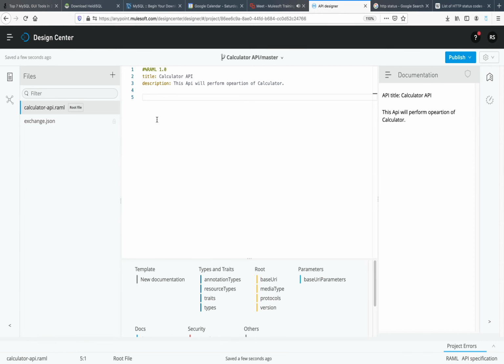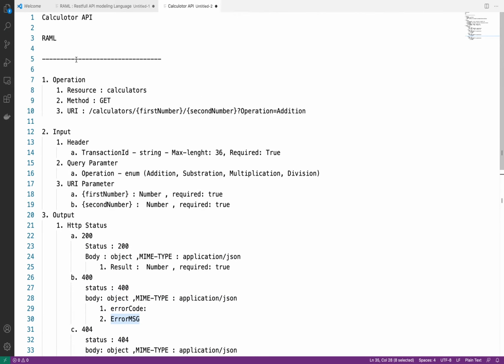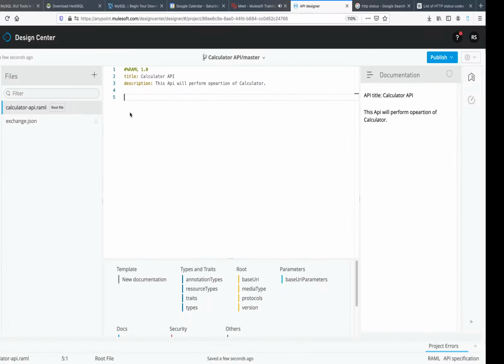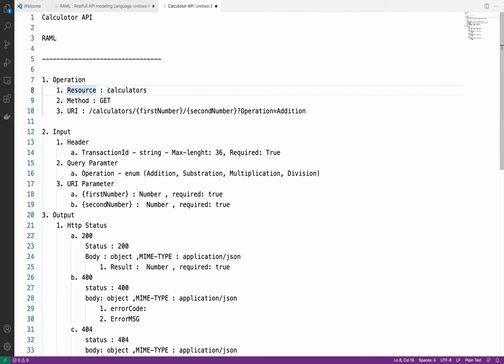Okay, so if you see here, first what I need to do, I need to define this first and two, resource and method. Okay, so if I go inside operation, one more thing, as I told, this URI parameter is a nested resource. So whenever we are discussing this resource, then we should think about this URI parameter also.